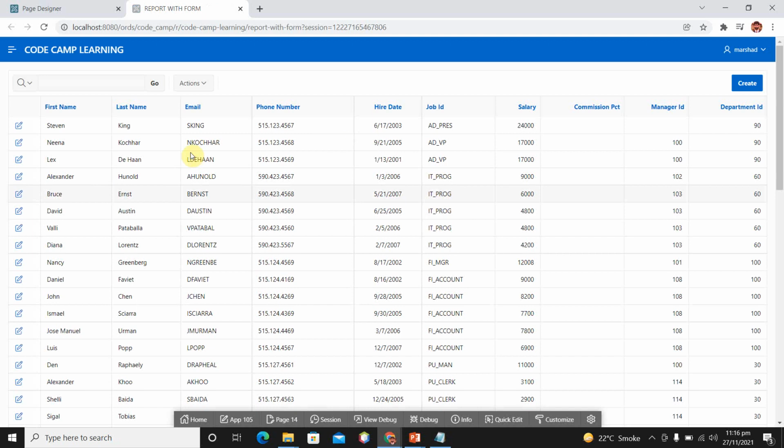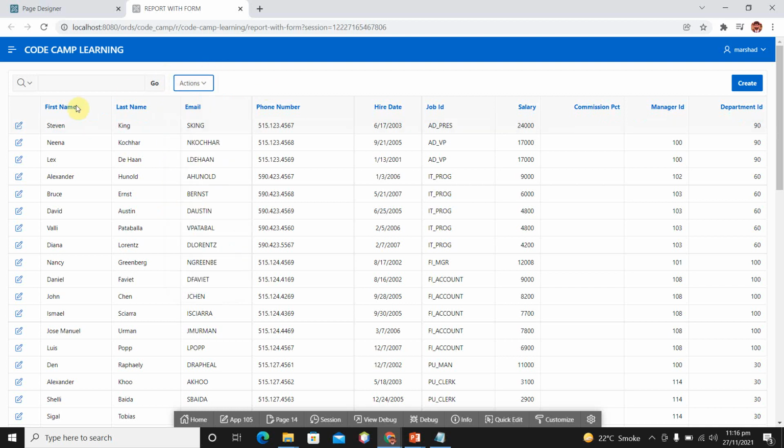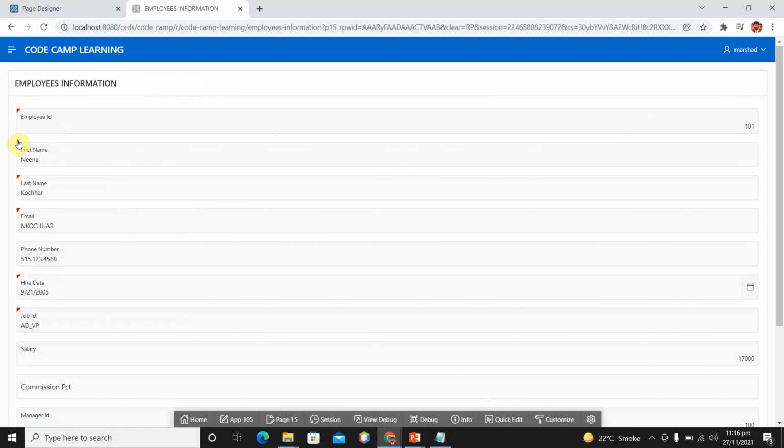Here you can see it is just like an interactive report or interactive grid. You have a search option, and different types of actions which you can perform on this report. And one thing which is not available in our interactive grid is the edit button. Here on the left side we have an edit option. When I click on edit, it moves to a new page, which is our employees information.